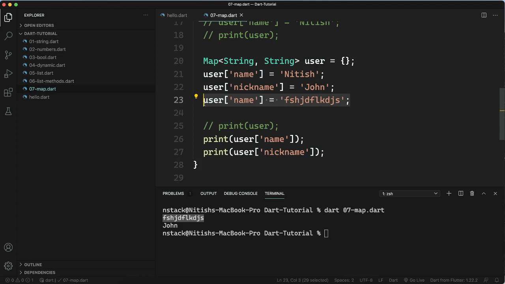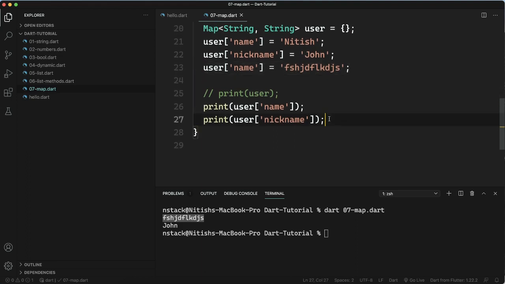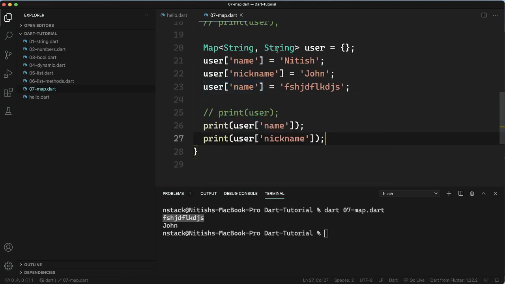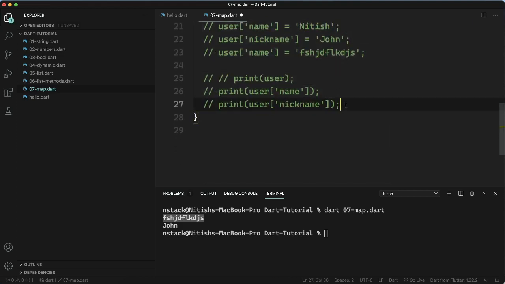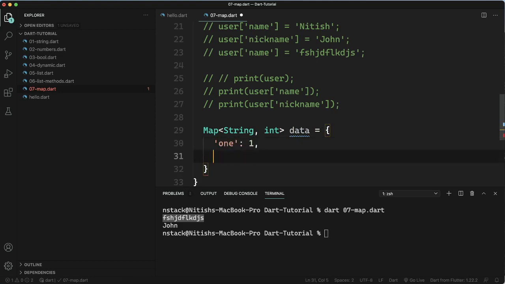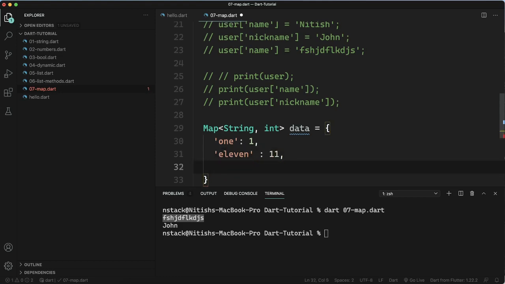Okay, so I hope you got this point also. There are still some things which we can talk about. So let's comment this out. Now I am going to define a map which will have string as the key and integer as the value, and let's name it data, with keys 1, 11, and 10.